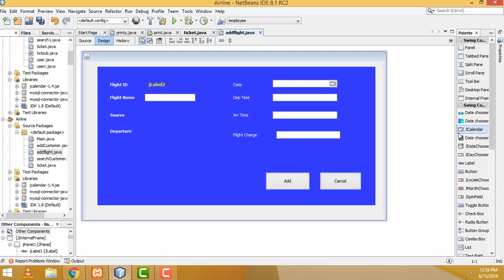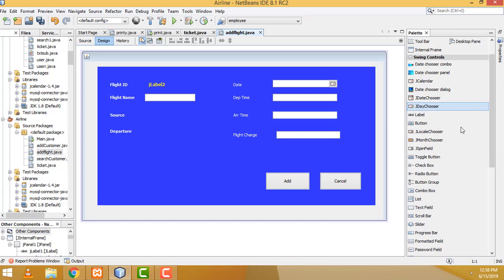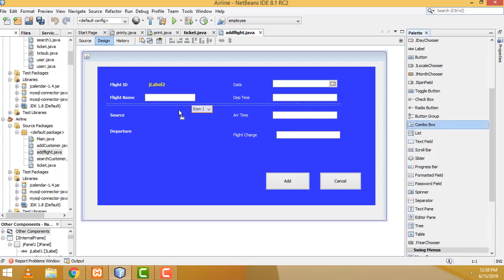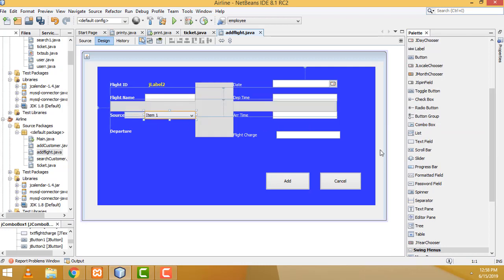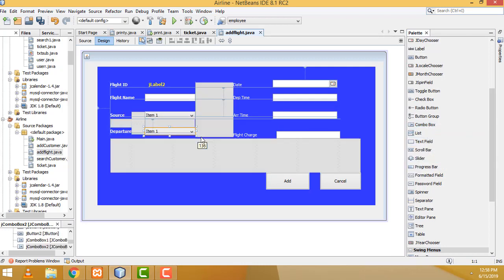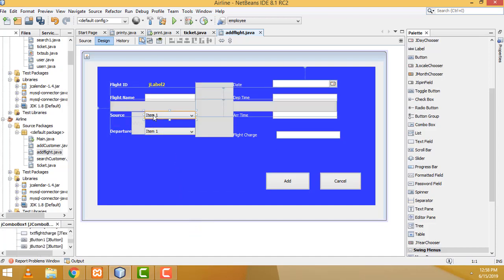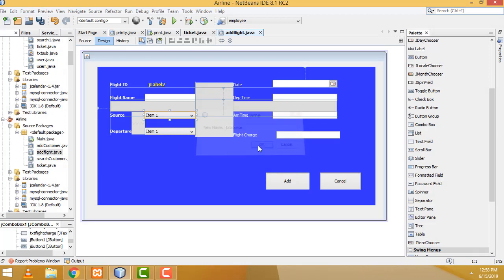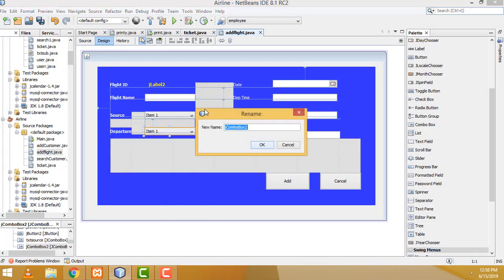Instead of that, I am going to put a combo box, a JComboBox. So here I am going to drag it to here, and here, right? Very simple stuff. Now select this one, right click, change variable name. We have to select this one as txt, the same thing you can give source. Txt source, and this one should be txt depart,